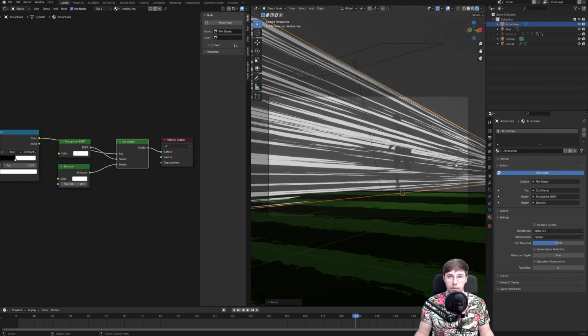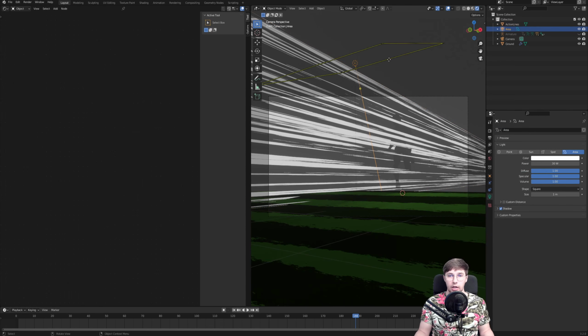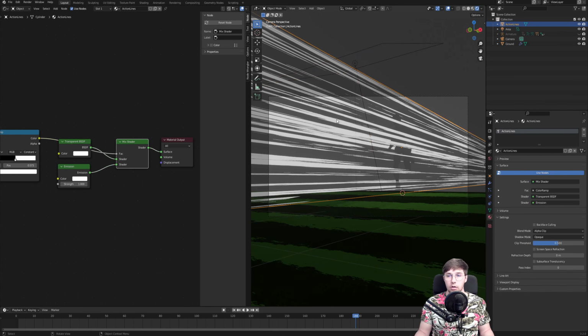in my final frame. Now one more thing, because as you can see we have light on our scene, and as we move it, it doesn't affect our character anymore. That is because currently our cylinder is blocking the light, so under shadow mode, just change it from opaque to